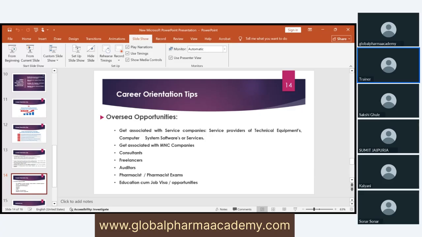Okay, so वहां पे आपको you'll get an opportunity to work with overseas clients or overseas company or organization. So get associated with consultants. Next is freelancer. Freelancer is one thing, जैसे freelancer में आप क्या कर सकते हो, like you have enough experience, certifications, या आपके पास enough of knowledge is there, so you can start writing or working with